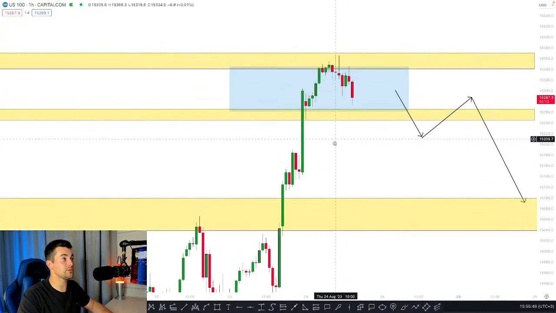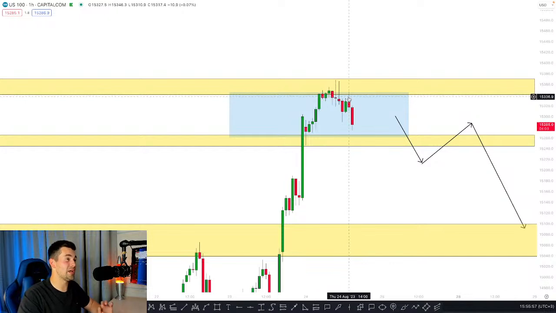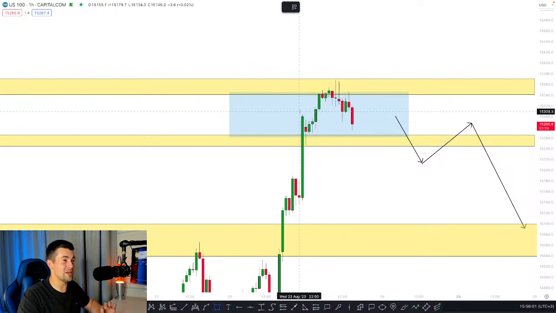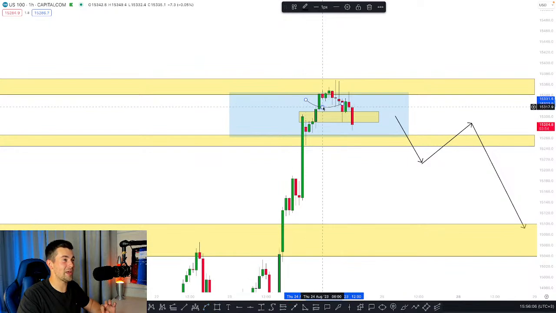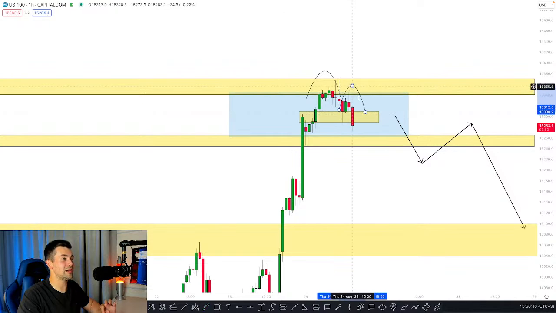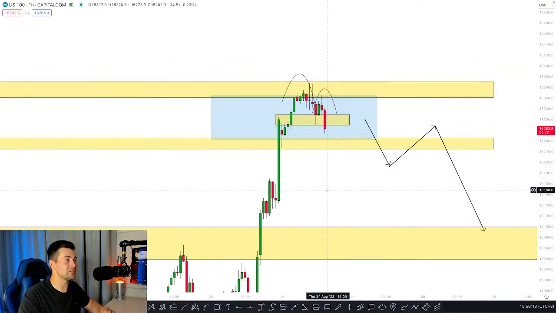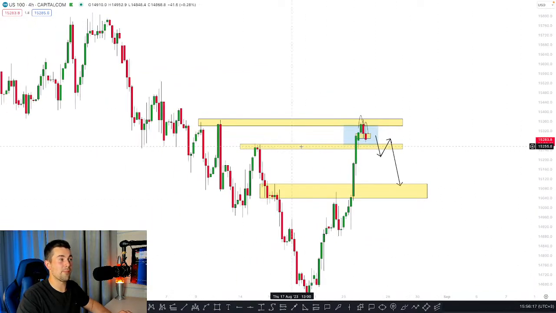On an hourly time frame, we can also spot already the signs of weakness of the buyers. We see nice rejections right here. We see the doji. We see also right here the cup and handle. You can see that here we have the cup, and here we have the handle. So it looks like the index is preparing for a bearish reversal, but your confirmation should strictly be the breakout